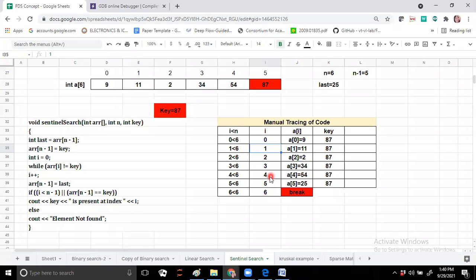Increment by 1, that is 4. At the 4th place of the array the element is 54, not equal to 87. Increment to 5. At a of 5 now there is element 87. 87 equals 87, so the while loop will break.